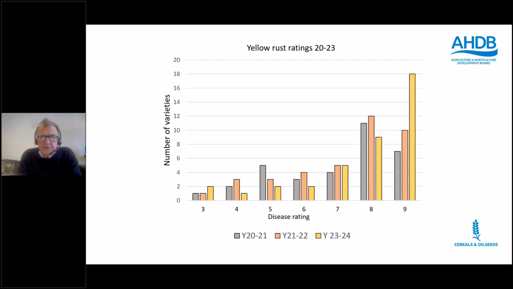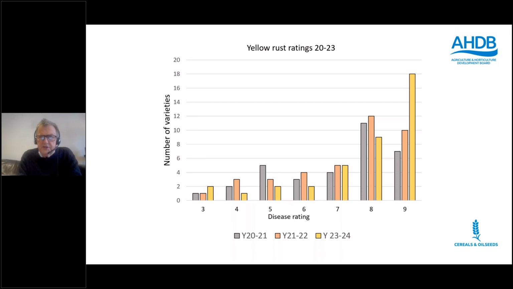Just to give you some sort of indication that the plant breeders have been busy trying to improve the situation in terms of selection of varieties. This is a slide I show each year, but I update it. So if you look underneath there, you've got the 2021, 21-22 and 23-24 recommended list ratings for yellow rust. And I think it's quite encouraging if you look at the progress towards the right-hand side of the screen, that the number of resistant varieties, obviously mainly in adult plants rather than seedlings, has been increasing over time. So the choices are improving.